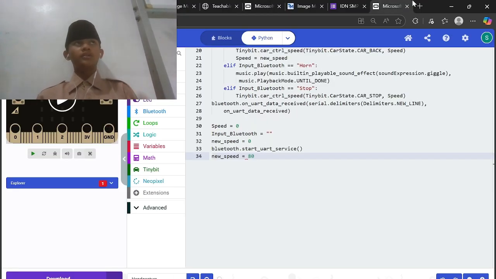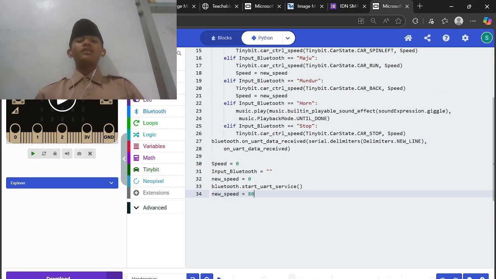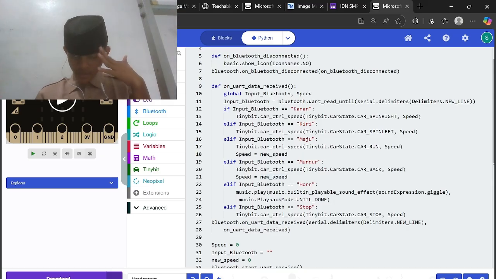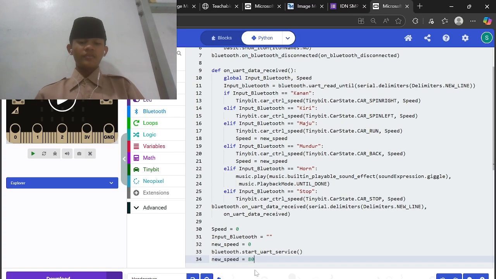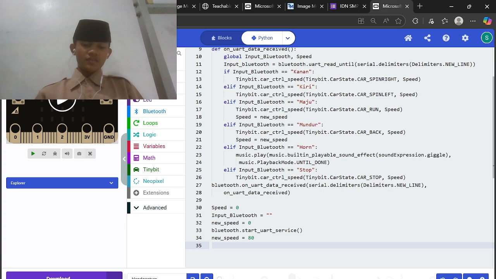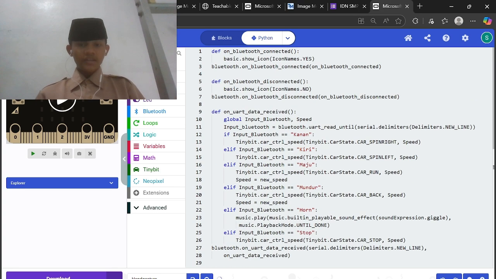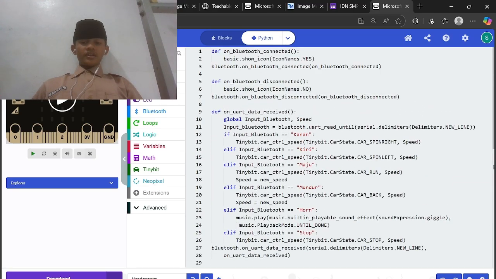So the tiny bit speed is 80. So later this can be new speed. Here before that I add speed and new speed, it means the movement is 80 because the variable is 80. Then last one we just again Bluetooth start plus. Okay.